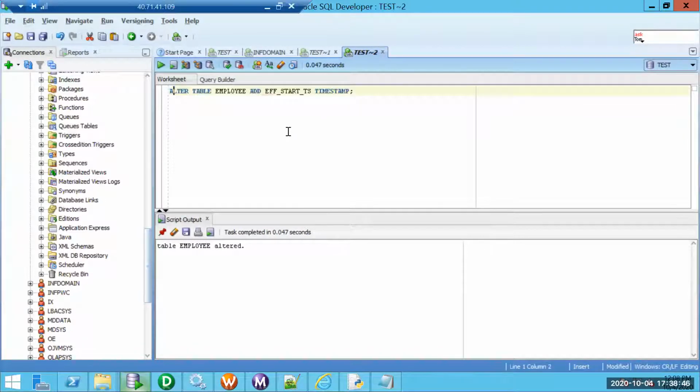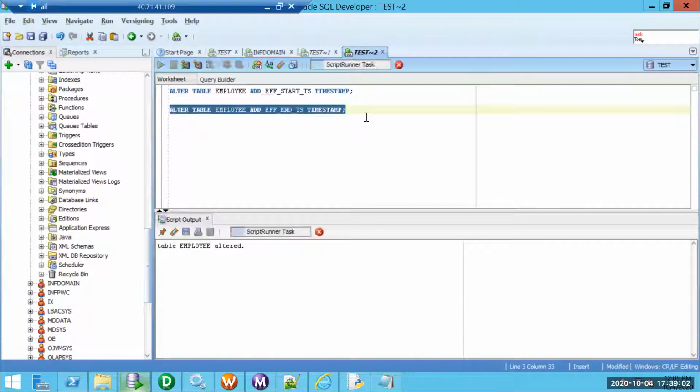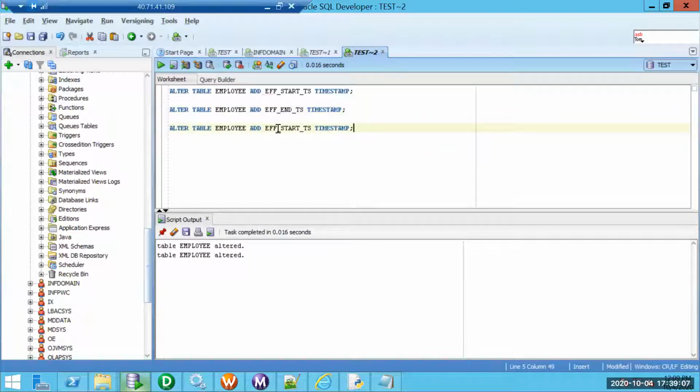And there is another column, which means it's not just a date. If the validity is based on a particular time, then we can drill down to that level of granularity. The effective end date: at what date and time the record was effective. And then we need another column to determine which record is the latest record. That is nothing but the current indicator.